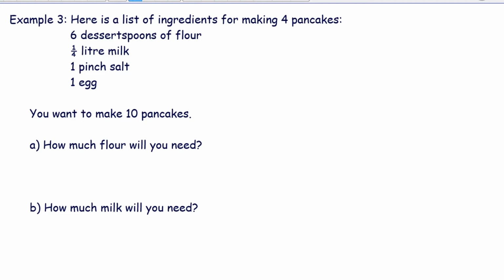So for 4 pancakes, so 4 pancakes to 10 pancakes. This is basically the ratio of what's going to happen. Initially, you are making 4 pancakes, but now you want to make 10 pancakes. And the ratios of each of these ingredients should be equal. That's why you use this to form a proportion, to equate two ratios, because these ingredients should be proportional. So, focusing on flour, 4 to 10 will be equal to flour, you need 6